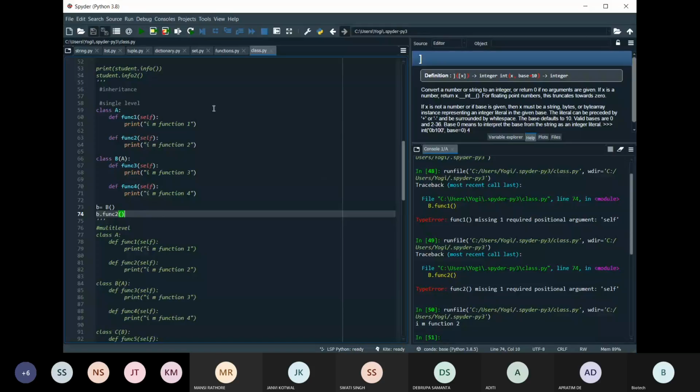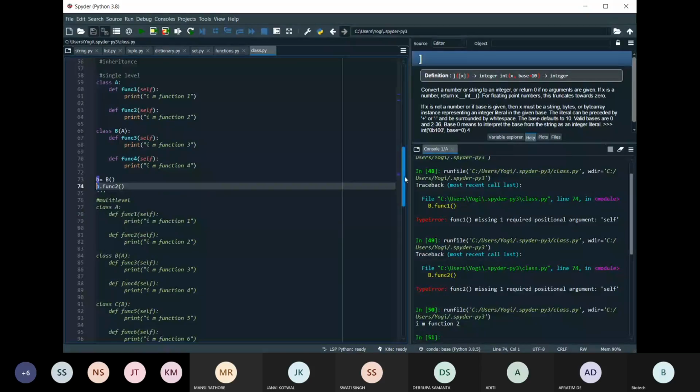So you can see here, with the object of B class, I can access the function of A class. This is one example of inheritance, a very basic example, right?